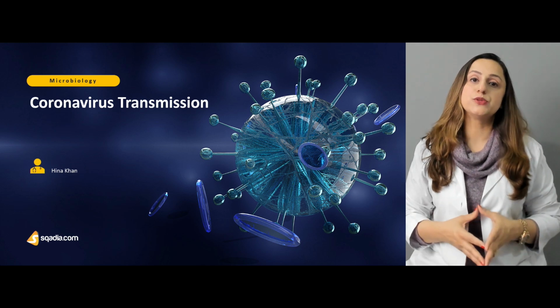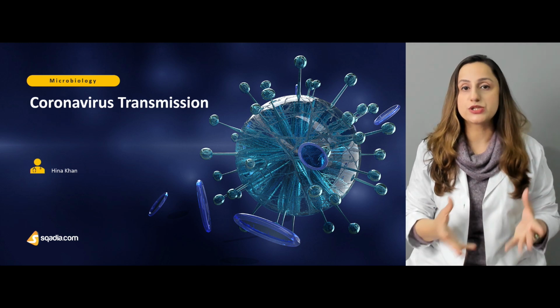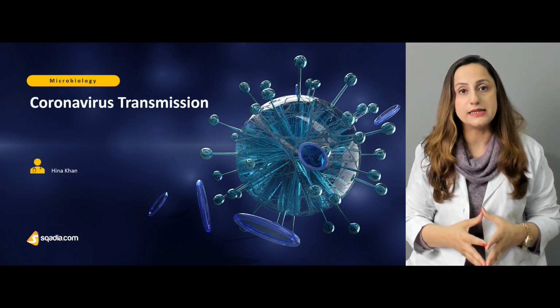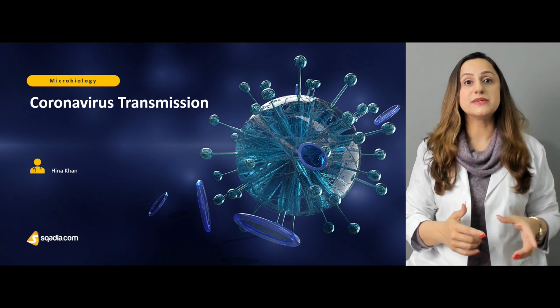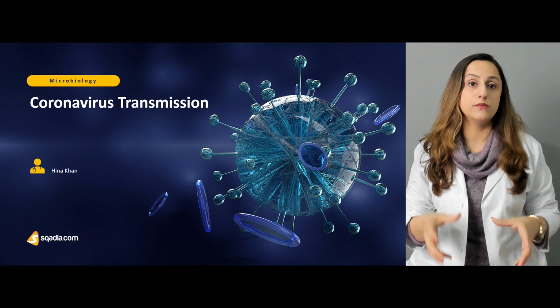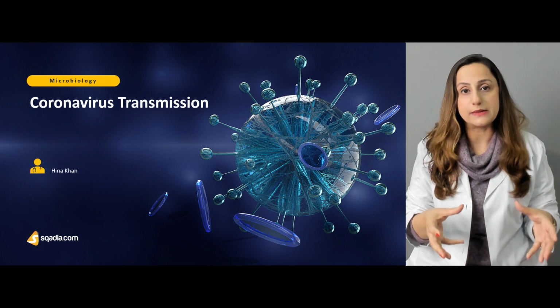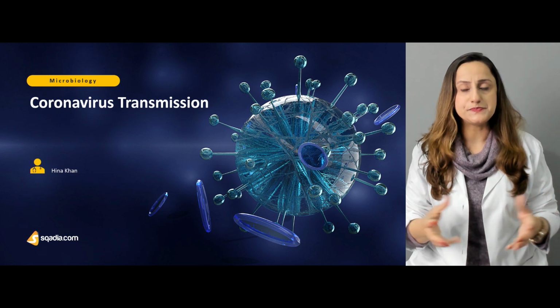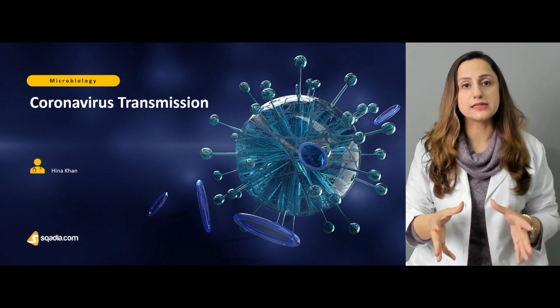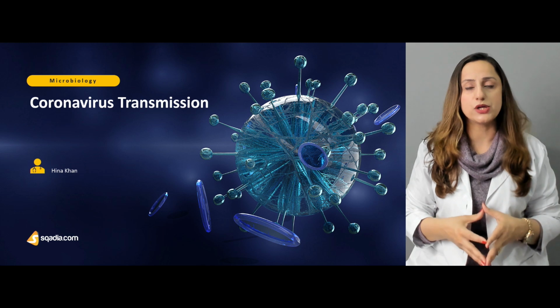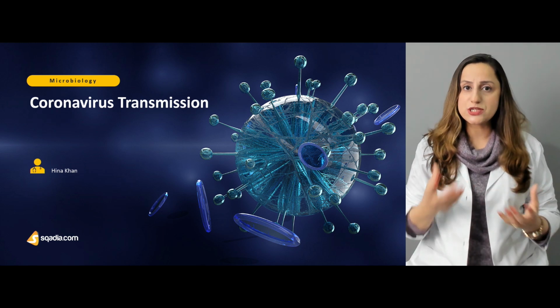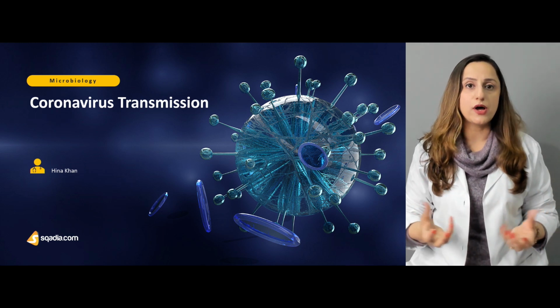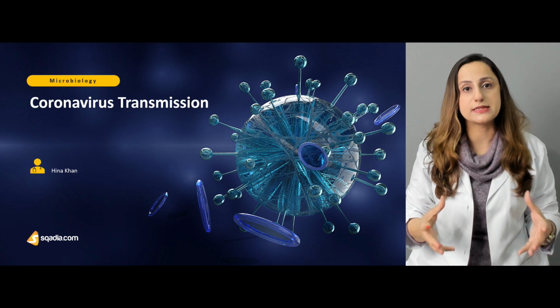This time, in almost December 2019, bats transmitted this virus to an animal known as the pangolin. The pangolin is basically a mixture of an anteater and something in between. It also resembles an armadillo. So it is a mixture of an anteater and an armadillo, and it has its medicinal purposes as well.